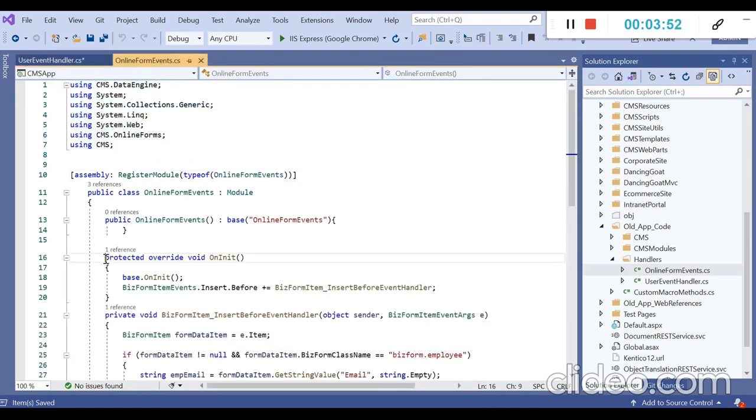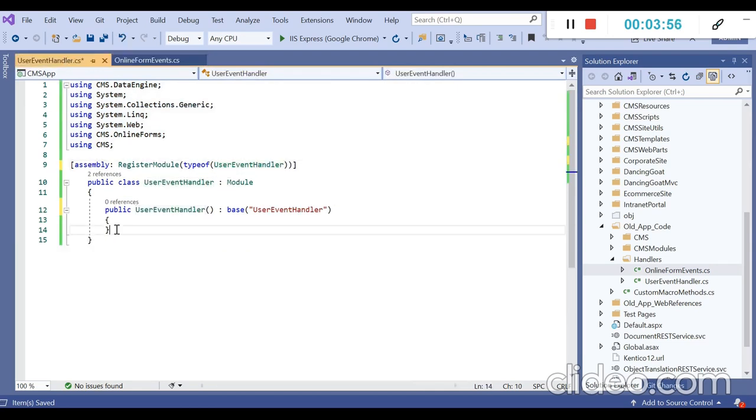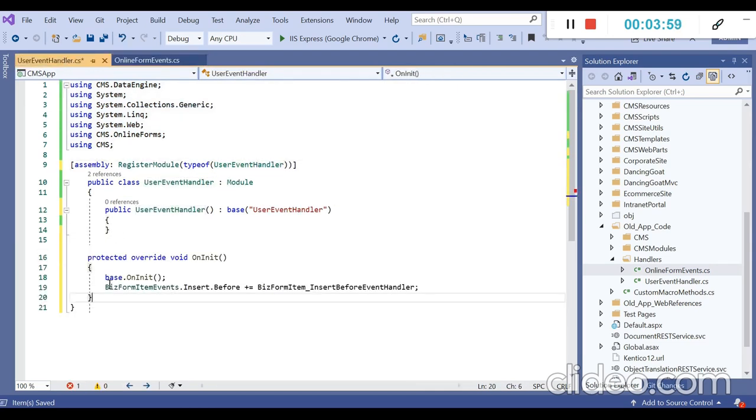Let us now create an OnInit method here. Let's remove the base form events handler from here. You can see the base of our class has been completed. Now we are going to add the UserInfo class for the event handler.